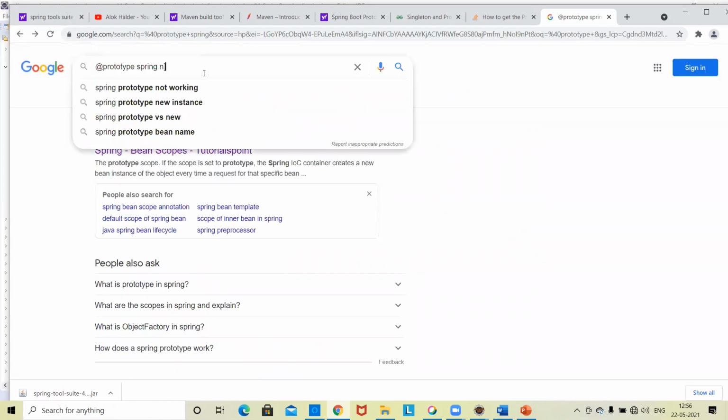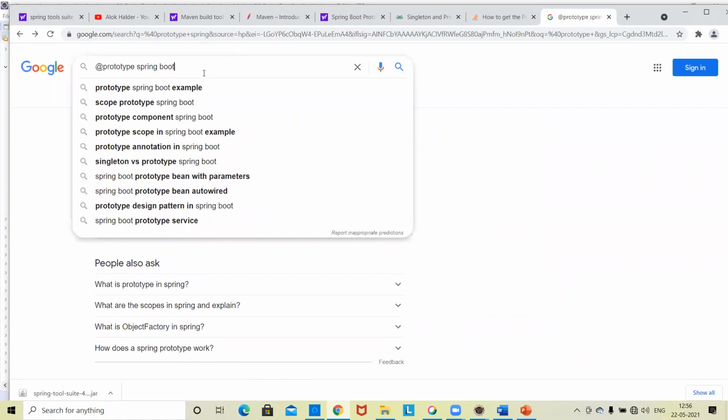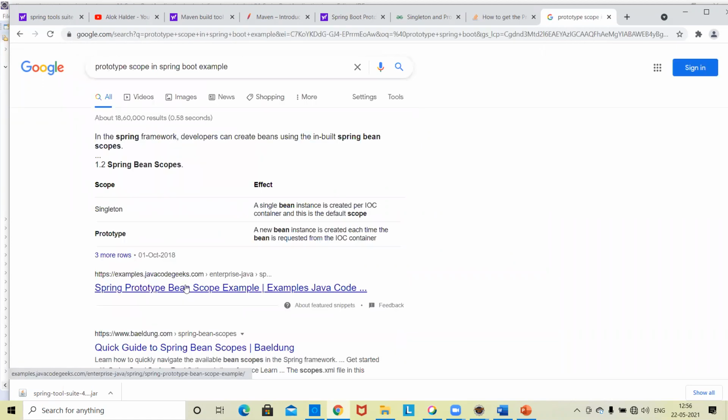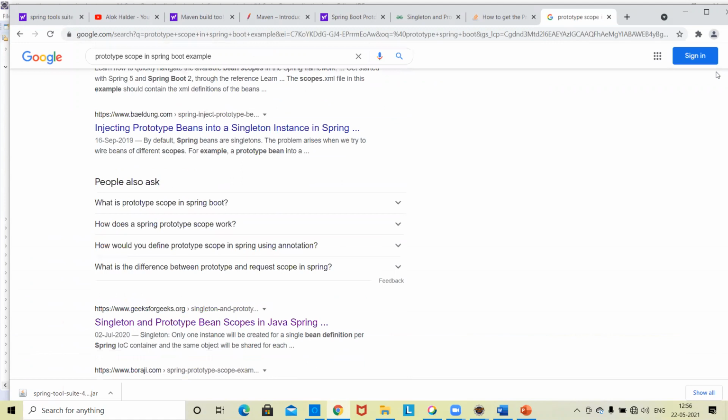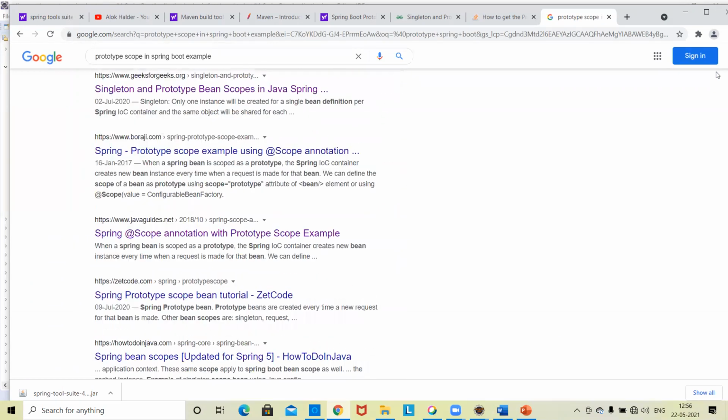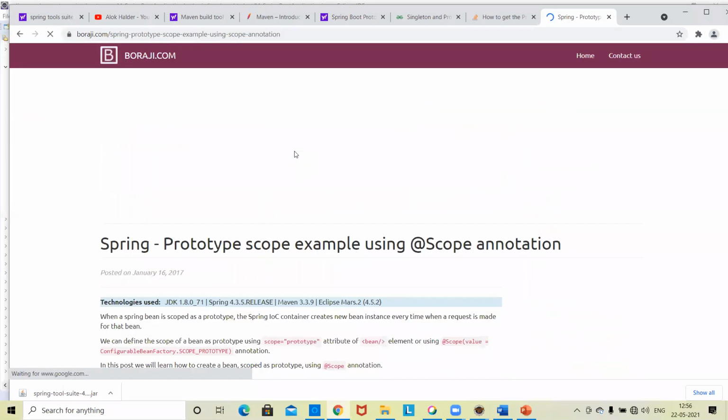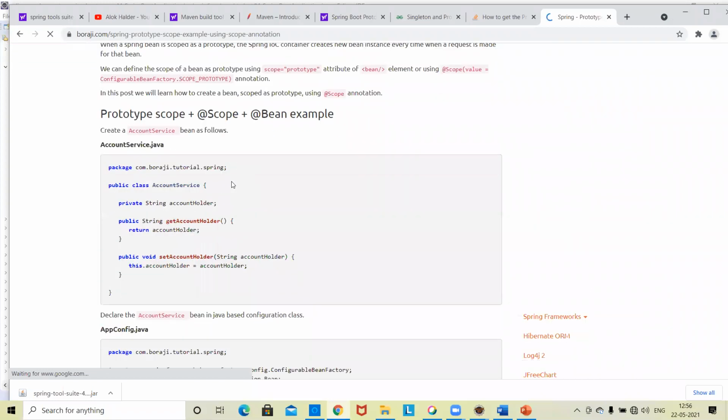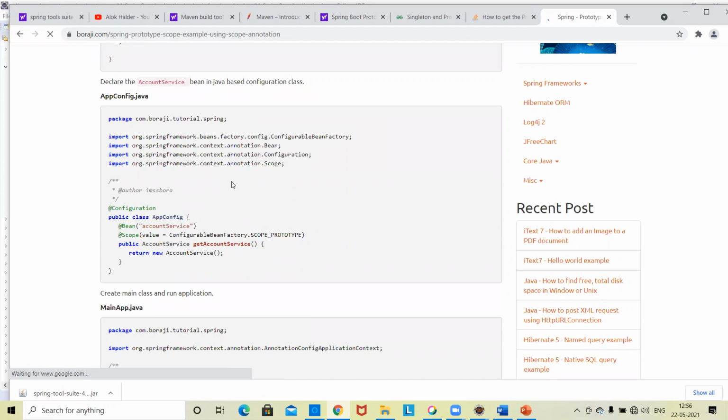Okay, you need to write this. App config, value, scope, ConfigurableBeanFactory.